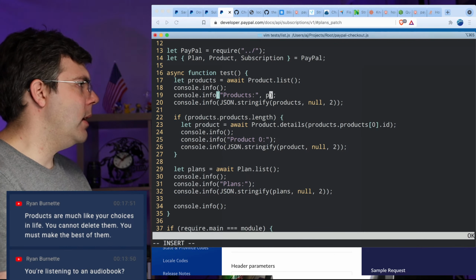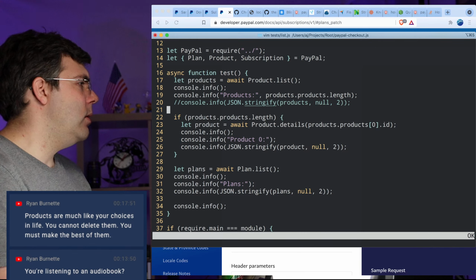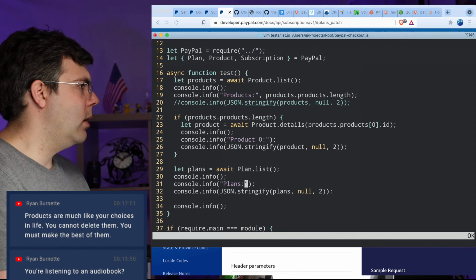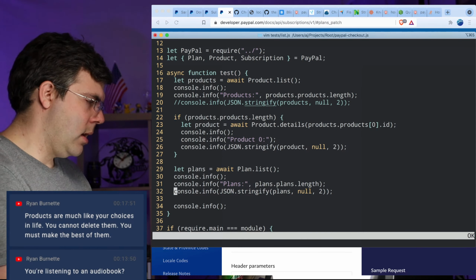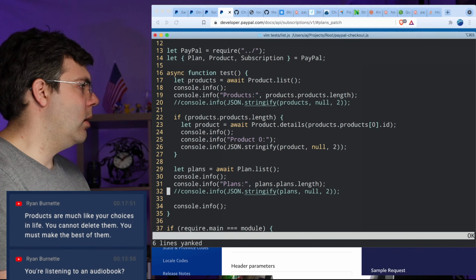So how about we do this instead? Products.length. And we don't put that one. And then same thing, we do plans.length. And we don't do this one. And then we just show the first plan.